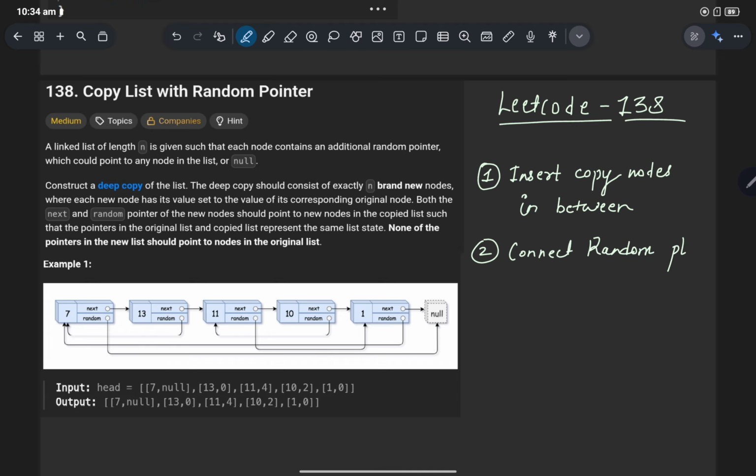We know initially our head is here. Now we will place the temp pointer again at the head. Then we will place another pointer, copy, at temp's next, which will be here. Now we will check if temp's random is not equal to null. If temp's random is not equal to null, then we will simply point the copy's random to